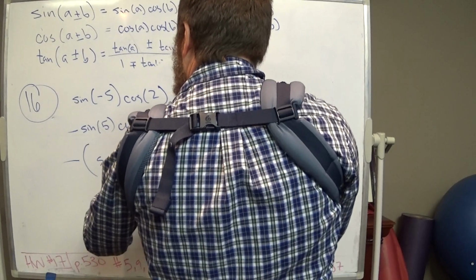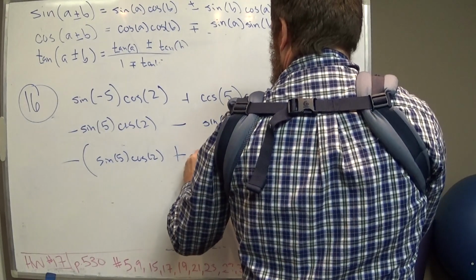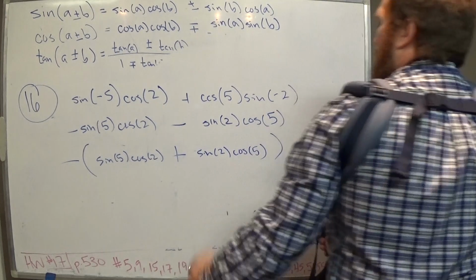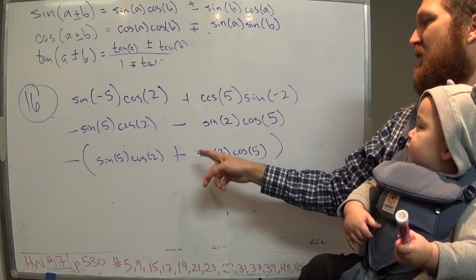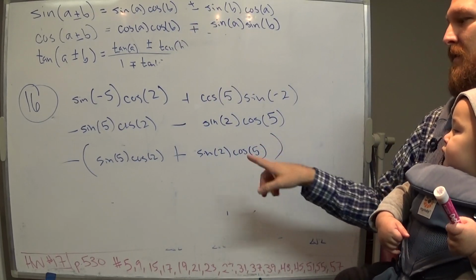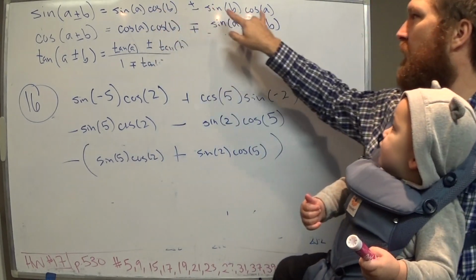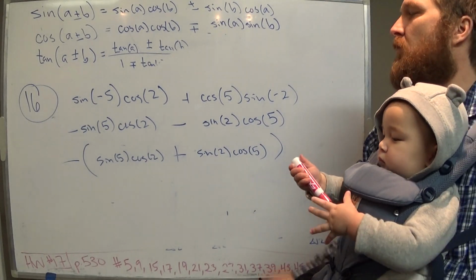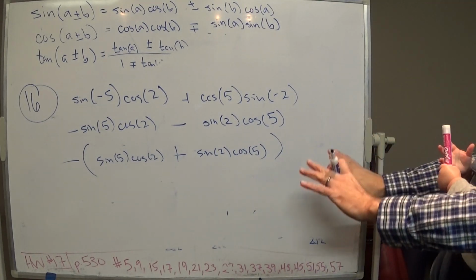sine 5 cosine 2 plus now sine 2 cosine 5. Now, this is sine. That happens to be the same, right? And so, oh, it's plus. Be careful if it's a minus in there, because the A and the B are going to play different roles. You see what I'm saying? I'll show you in just a second what I'm saying. So, the way that I have it now, though,